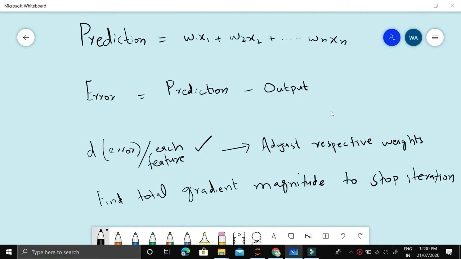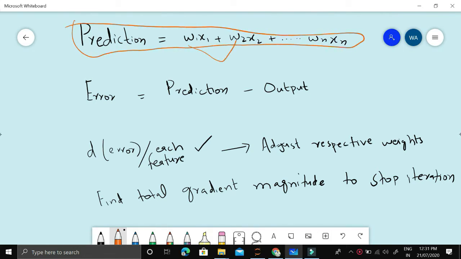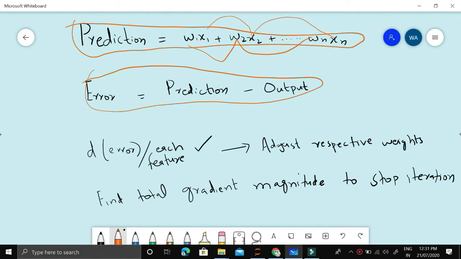Okay, so before I go into the details, let me just simply tell you that there are a few things that we have to understand very clearly. The first one is this prediction part, which is a linear combination of weights and associated features. These are weights and these are features, basically input features. Error will be prediction minus output. Output is actual values, and we will be taking a square of it, so that becomes error square, and then we will take mean of it, so that will become mean square error. So this is our quality metric, or this is what we want to minimize. That's why this linear regression is also called ordinary least squares estimation, or ordinary least square regression.